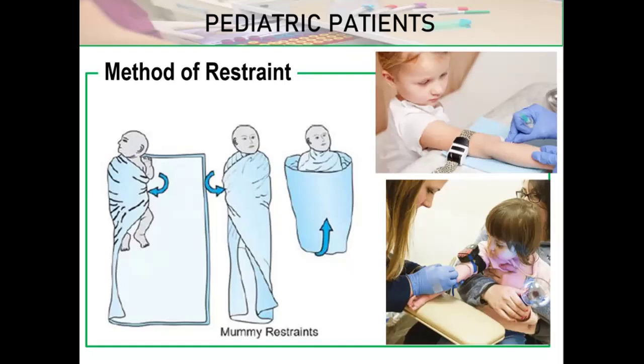So how are we going to restrain our baby? We term this one mommy restraint. I cannot find a picture, class, where the other hand is sticking out, but if you look at the picture, you really cannot get blood from the arm of the baby. So the wrapping is the same, but the other arm must be exposed. In the upper right picture, that is a very cooperative pediatric patient. I hope all pediatric patients were that cooperative.